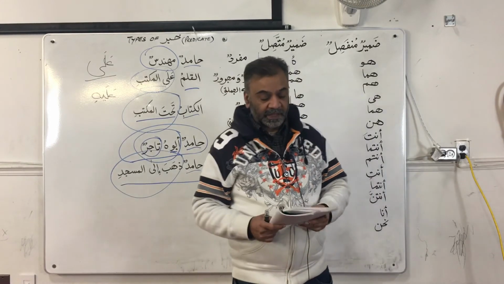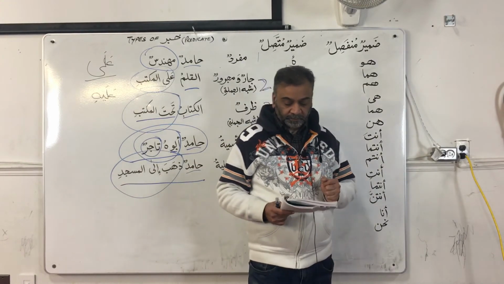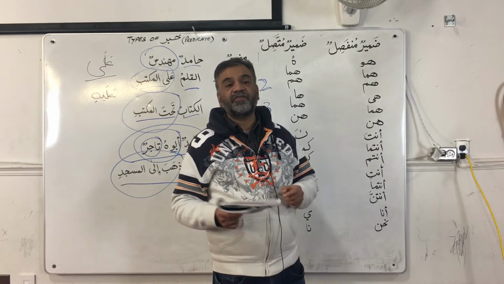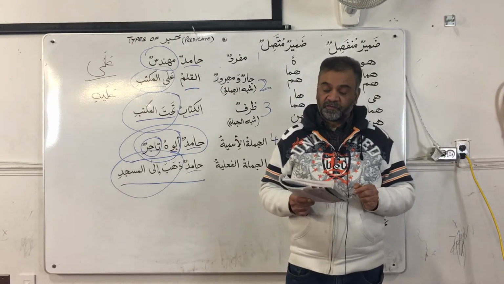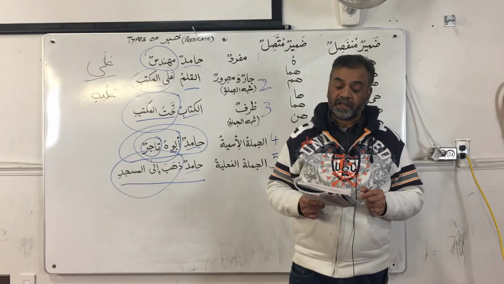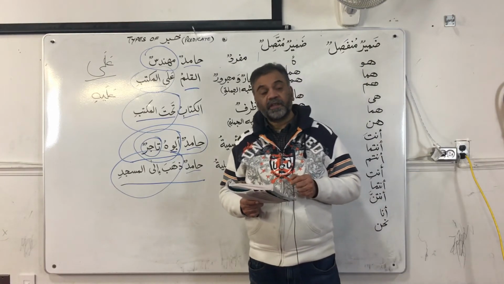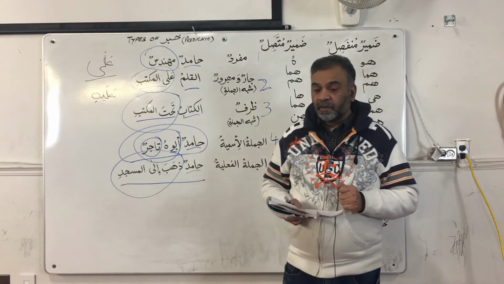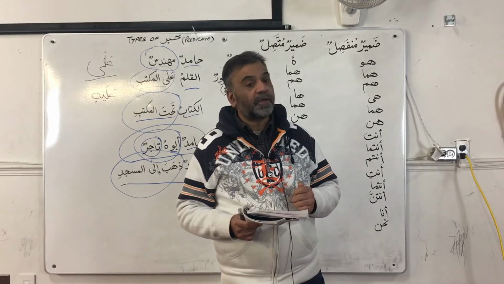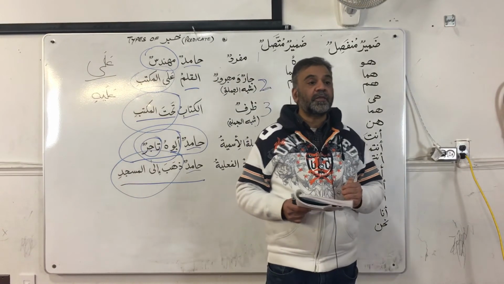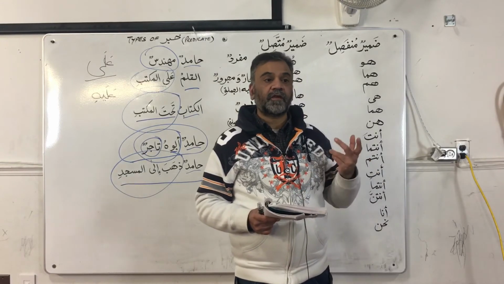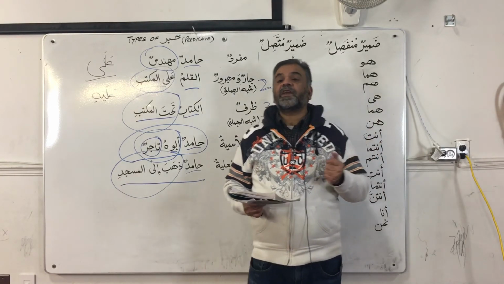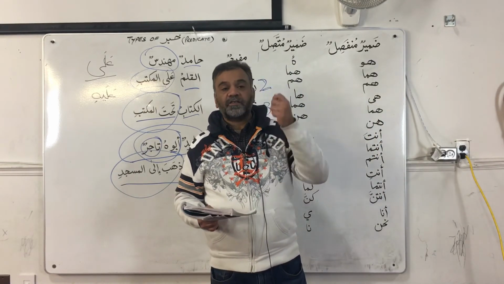Number 7, ma'a, with, kharaja hamidun ma'a khalidin. Ma is your zarf, right? Ma is your zarf. Kharaja hamidun ma'a khalidin. What is the translation? Hamid went with Khalid. What kind of jumla is this? Jumla fi'liya, verbal sentence. What are we looking for in a verbal sentence? Fi'l and fa'il, action and the doer of the action. And where is the fa'il here? Hamidun, simple, yes. Immediately after kharaja is a noun which is marfu, and I say, okay, this is my fa'il.